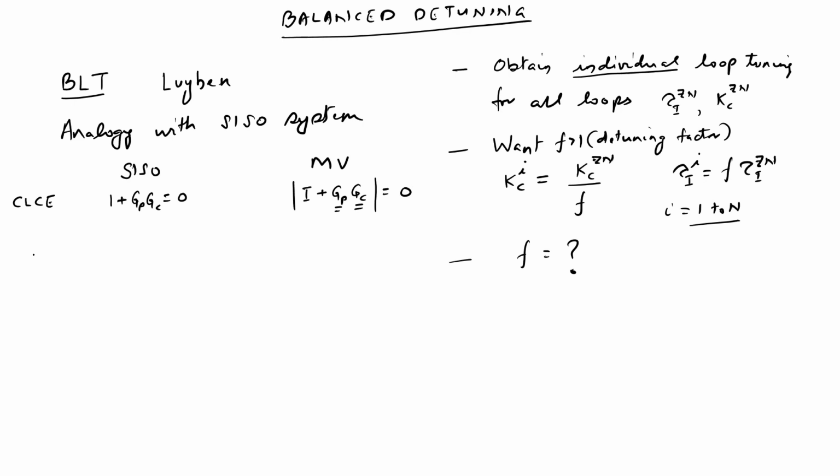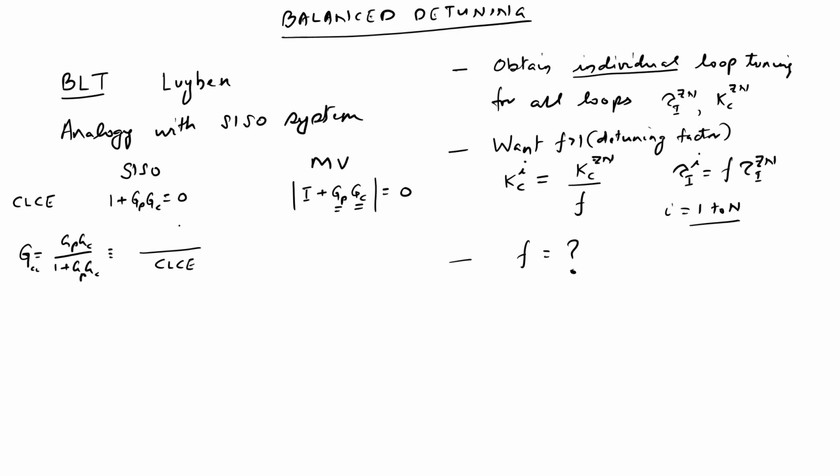How do I define this when I take the log modulus? I define a transfer function. What is that transfer function whose log modulus is taken? That transfer function is G closed loop is equal to GP GC divided by 1 plus GP GC. Now if you look at this transfer function, this is actually equivalent to, in the SISO domain, the closed loop characteristic equation in the denominator